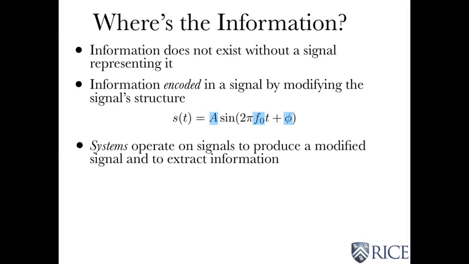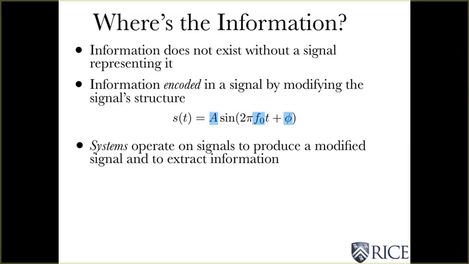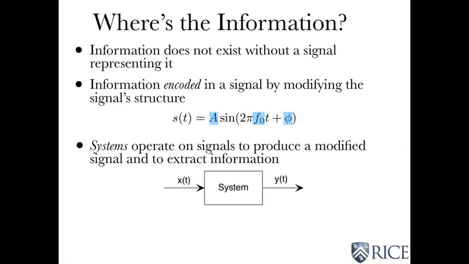So what does a system do? Well, it's a system that operates on signals to produce a modified signal. So the system might do the encoding of information, and it can also be the thing that extracts information. Now the way we indicate